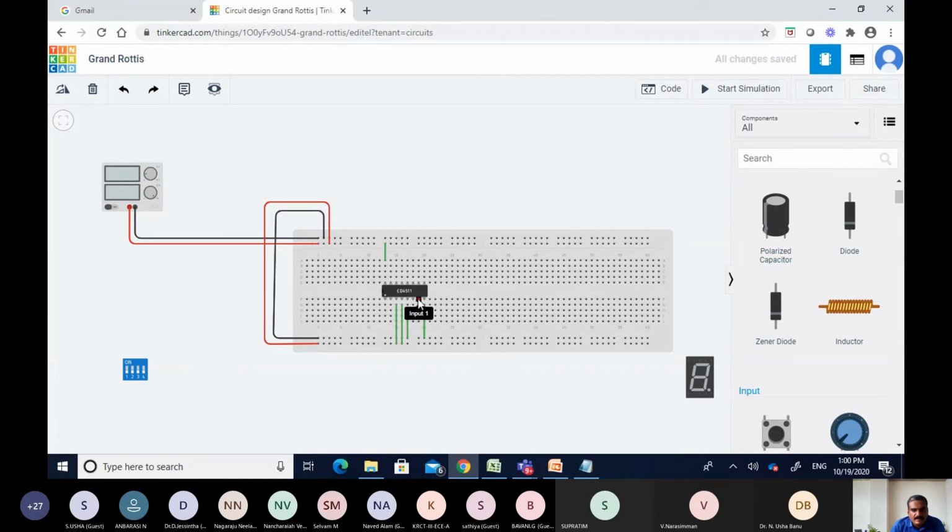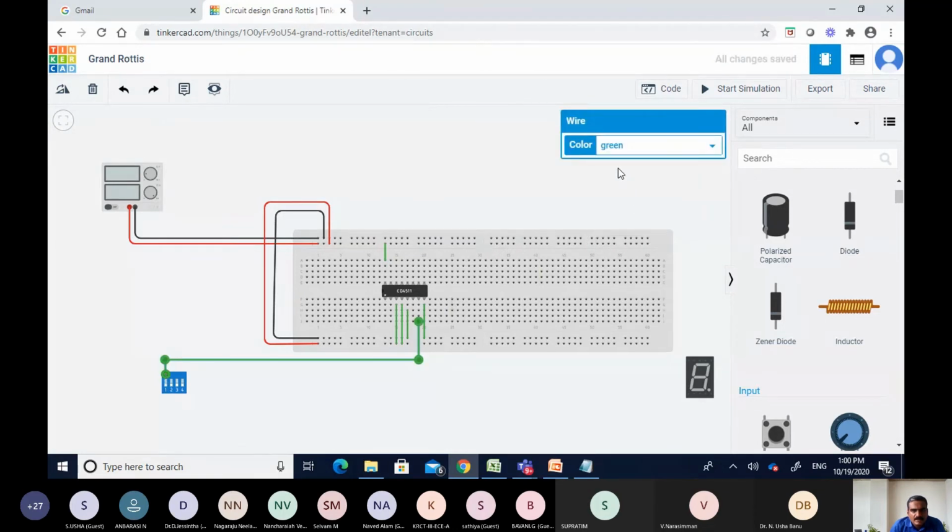Let me start with input 1. I will move this accordingly, so here I should get input 1. This will be my input 1.